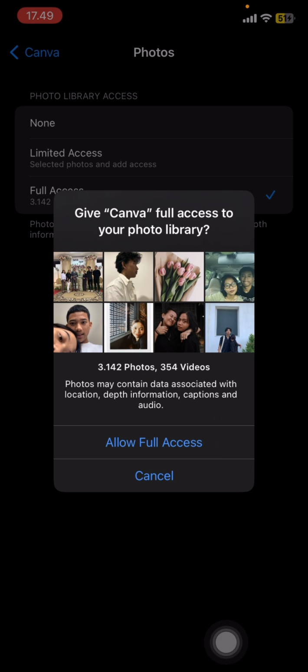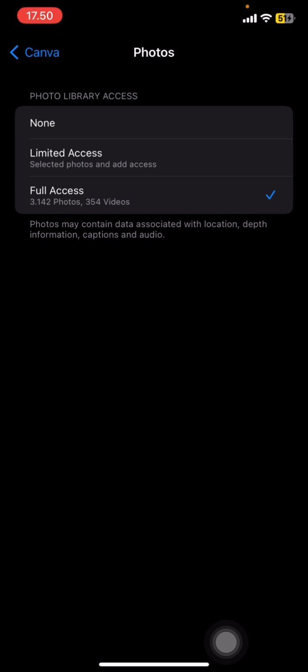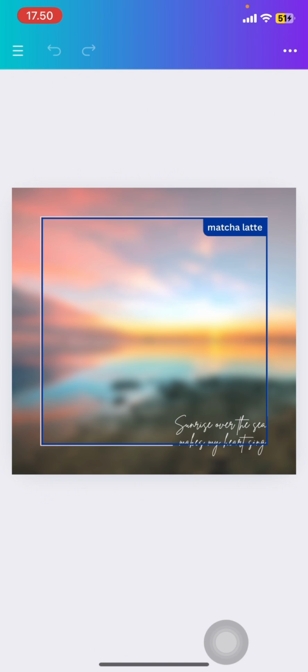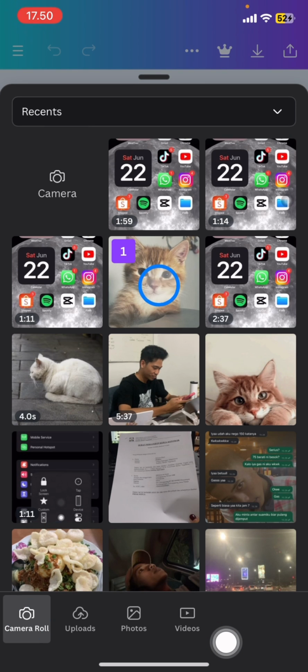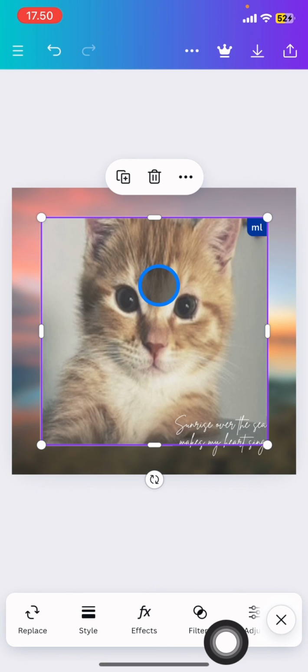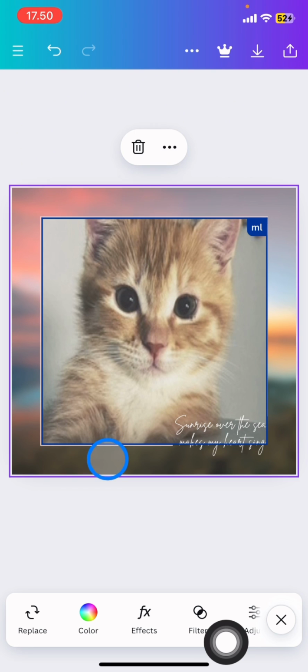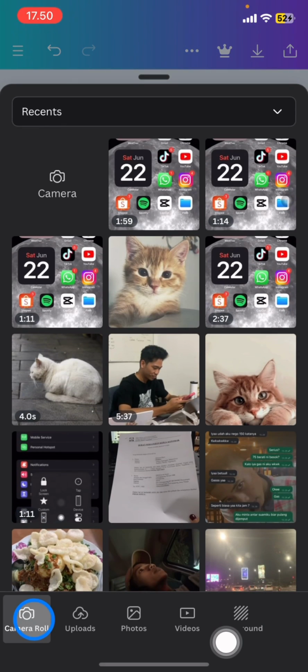Canva. Make sure that you click Full Access, and then you just need to go back to your Canva application, and then now you already have the chance to replace it again. Do the same thing, and then you just need to pick the picture of you, and it could be automatically edited. You can also pick another picture here to replace with the same,